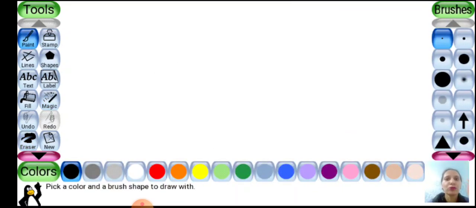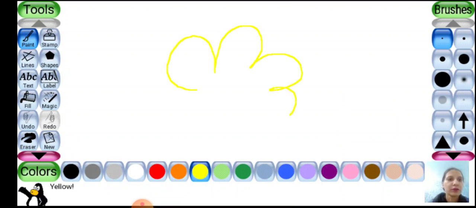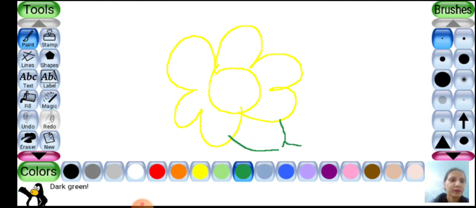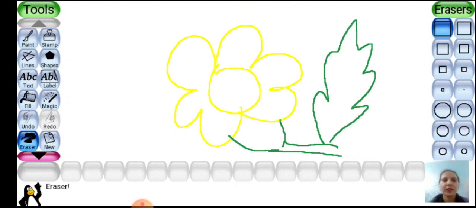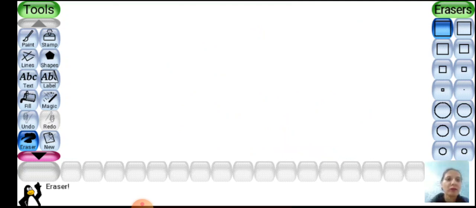Suppose we want to draw something, we choose a paint brush, then the color yellow, and we draw something like this. This is a sunflower. You can draw anything. Suppose I erase this, I want to draw something else.